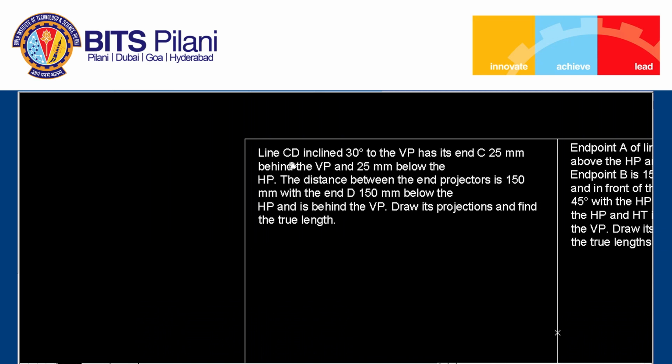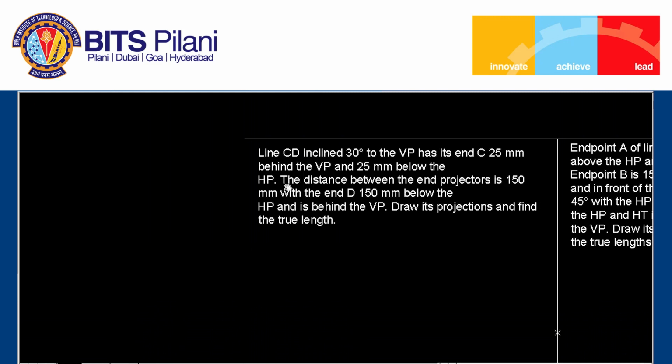So in given example, the line CD is given, which is inclined 30 degrees to VP. So inclination of line is given, that means true inclination is given. So the line is inclined 30 degrees to VP, that means it is angle phi. One end of the line, that is end C, is completely specified, that is it is 25 millimeter behind VP and 25 millimeter below the HP. So below HP and behind VP, that is description of point in third quadrant, that means point C is in